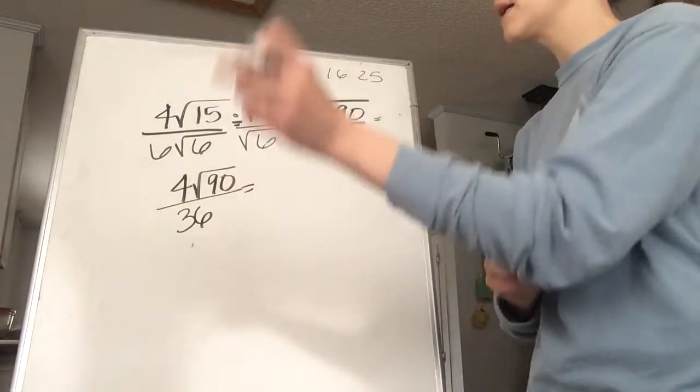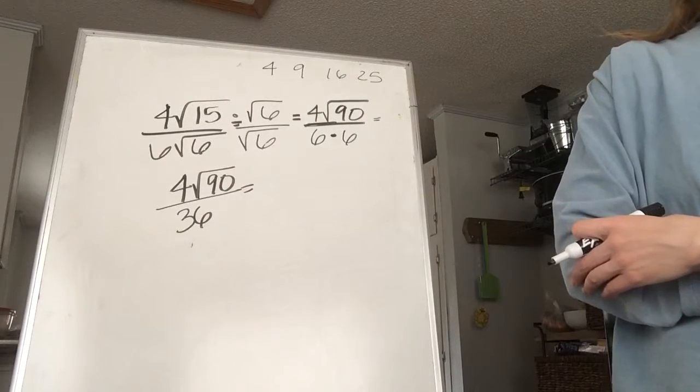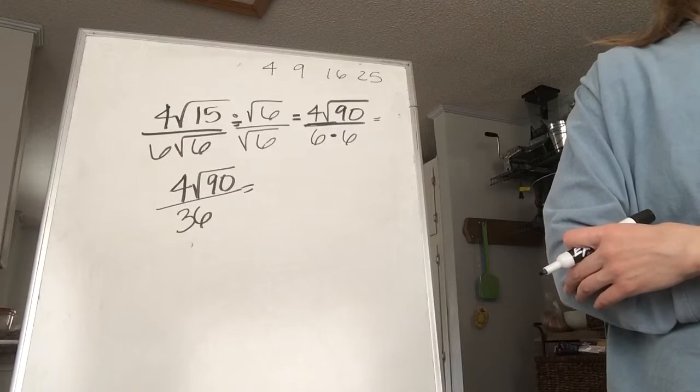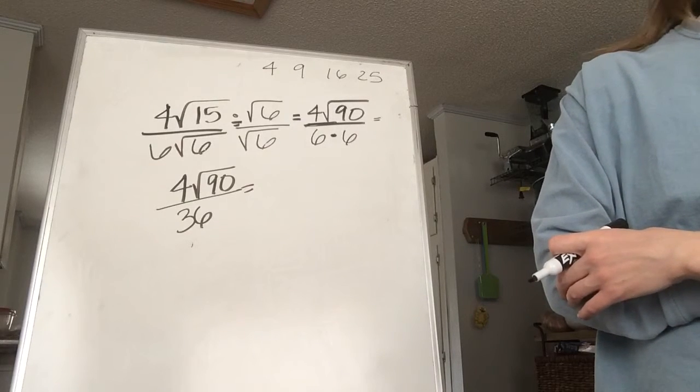Okay, square root of 90. Can that be reduced any further? It can. So 25 and 16 will not go into it, but